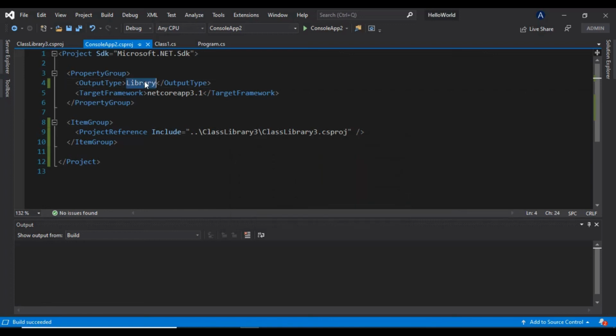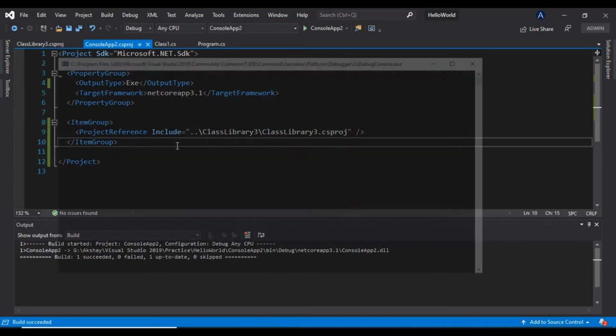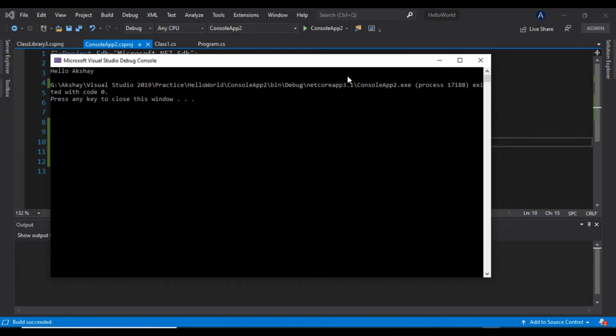So basically it is showing what I have just explained. So it should be exe. Build, and now I will run. So the output is shown.